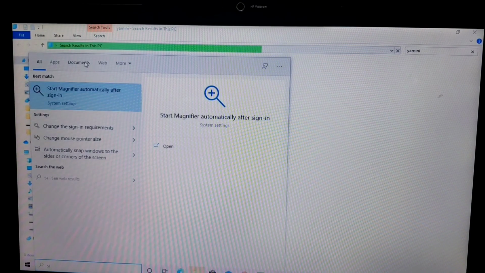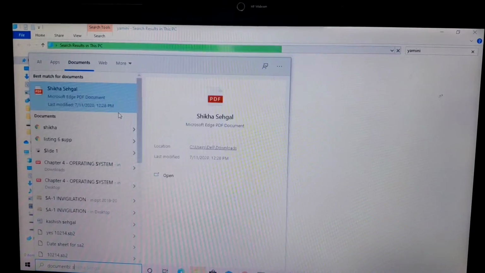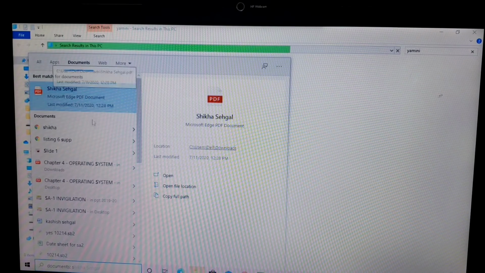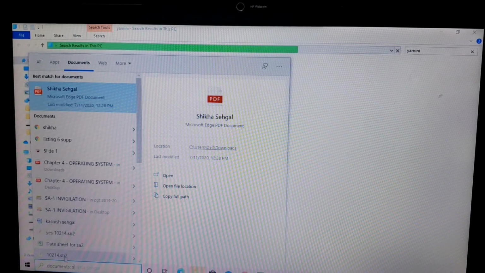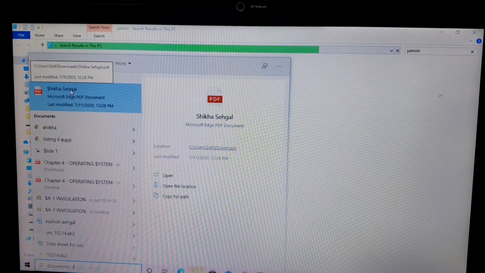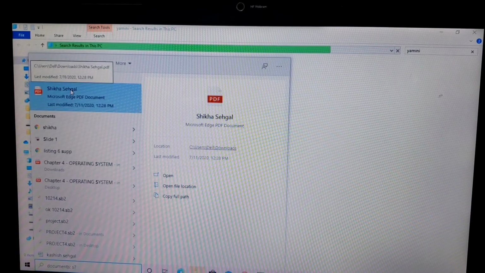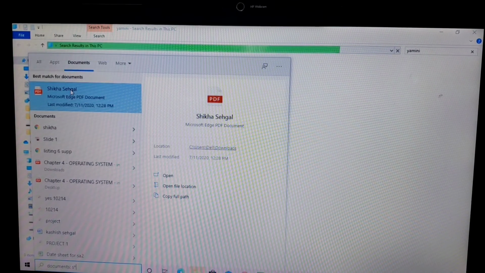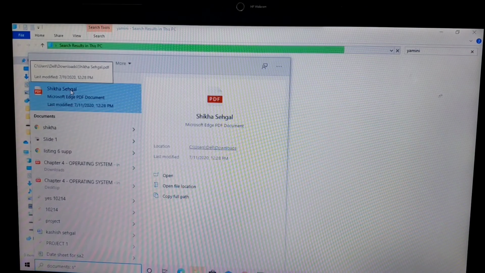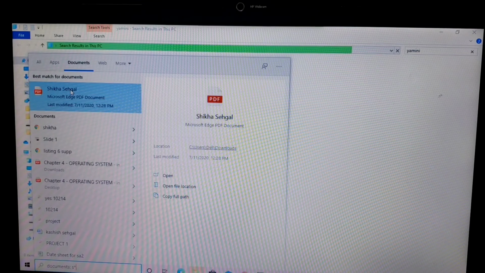Now when you click here, you will get all the documents which start with S letter. Sometimes you may forget, like you know it starts with S, but after that what it is. Even if you put a question mark, you will get the same output. Even if you put a star, it will show you all the documents which start with S, but they may have any other character after that S.